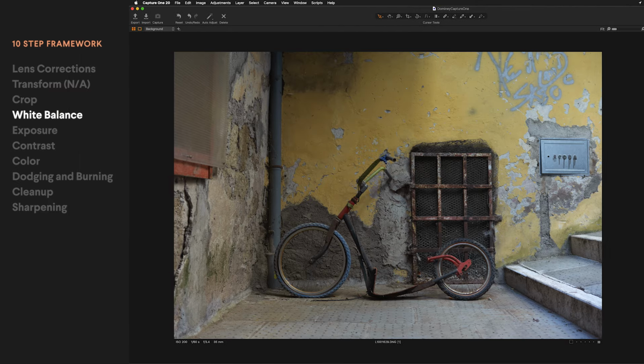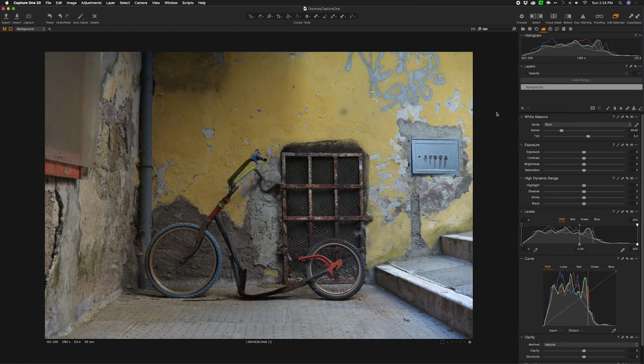All right, the next step is to edit white balance. Now, this is a critical step, I think, in your overall workflow, because this is really the moment in which you're starting to shift from just making technical edits, like correcting some of the technical issues with the lens, and now you're really starting to think about what is it that you want to achieve creatively with the image? What is it that is in your mind's eye when you're thinking about what is the net result of the